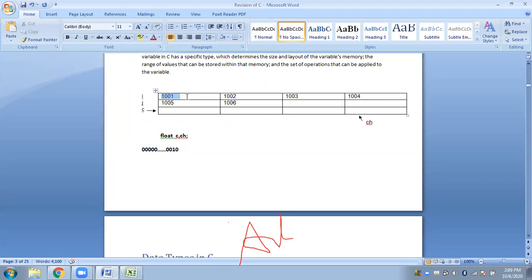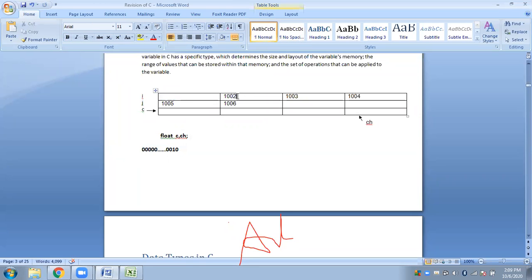Now I'm rubbing this off, because we are not storing addresses. I have just mentioned the addresses here, but inside we will be storing values. So what value does I store? I stores 2. The binary value for 2 in terms of 32 bits will be placed here together, starting from the first byte to the last byte. It will go like this, 0000, and it will continue.